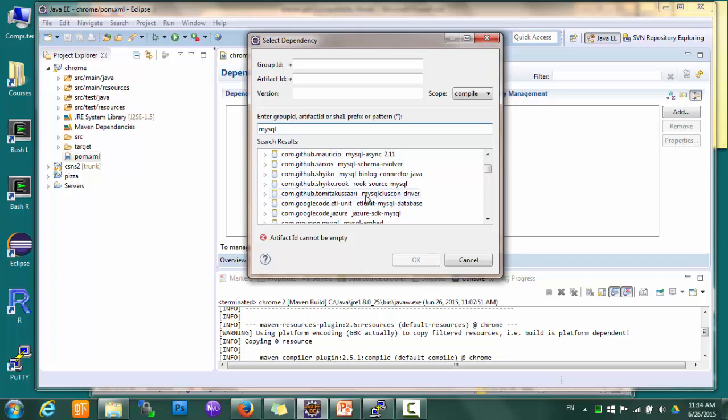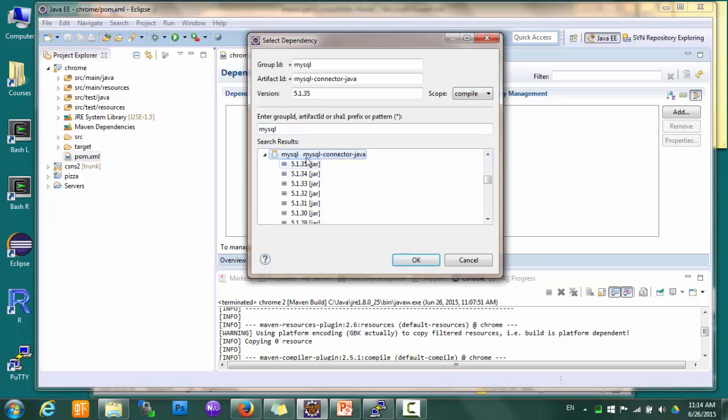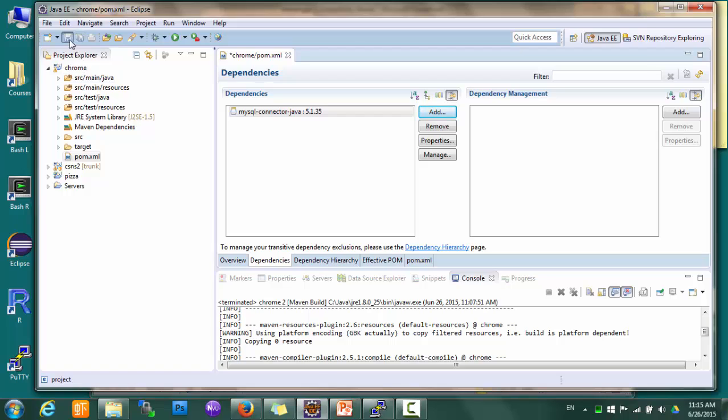They are not from MySQL or Oracle or anything, so we can skip all of them, and yeah, it's this one. So as we can see, this is the MySQL JDBC driver we are looking for. Simply pick the version we want and say OK, and then that's it. There's no going to a website, downloading a zip file, unzipping, and all that. Maven takes care of all that